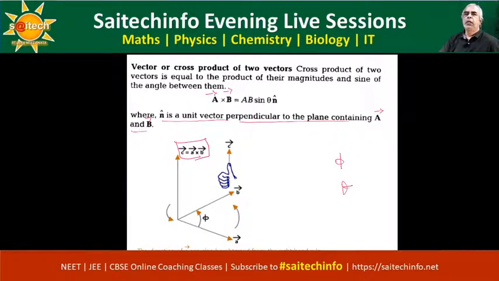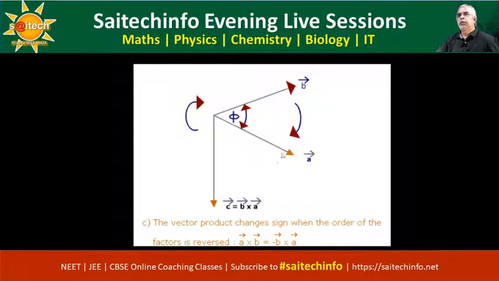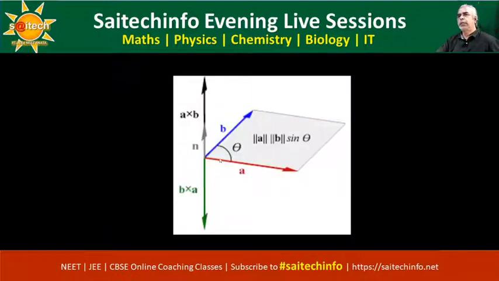Then, now it is reversed. Suppose it goes like this, now the normal n cap is reversed. So C is equal to B cross A. When I interchange, then it happens B cross A, is it not? Because of this there is a negative direction, and that is why A cross B is not equal to B cross A, but the sign change will be there, and that can be interpreted as A cross B is equal to minus B cross A. So let me explain based on this.